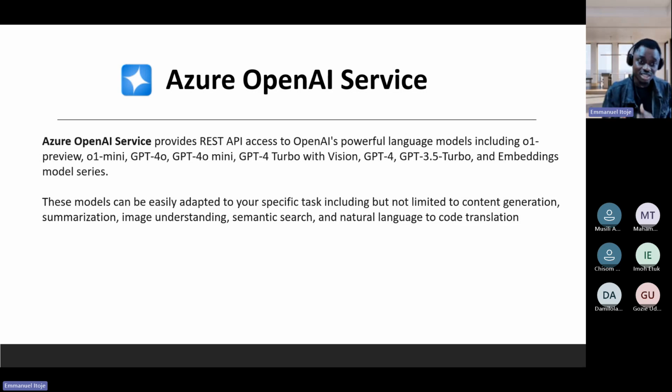Now, the Azure OpenAI service provides REST API access to OpenAI's powerful language models, including the O1 Preview, the O1 Mini, GPT-4o, GPT-4o Mini, and GPT-4 Turbo with Vision. So these are different GPT models available from OpenAI. This Azure OpenAI service actually provides a REST API, so you can make a call to the OpenAI services with the help of any of these models that are available, and the models can easily adapt to your specific tasks,